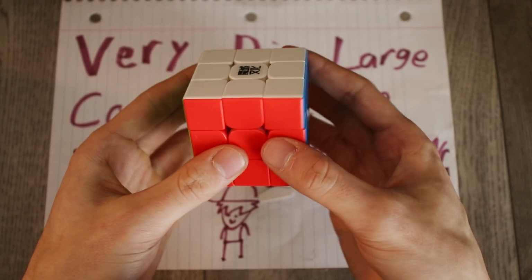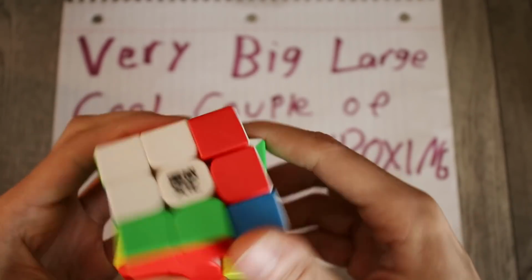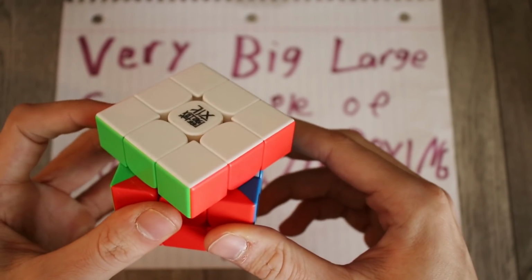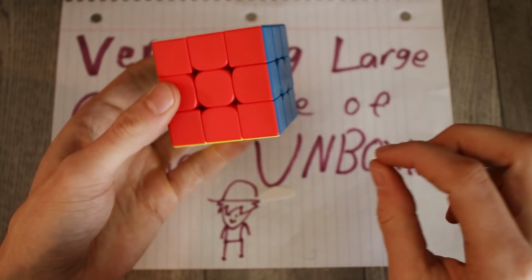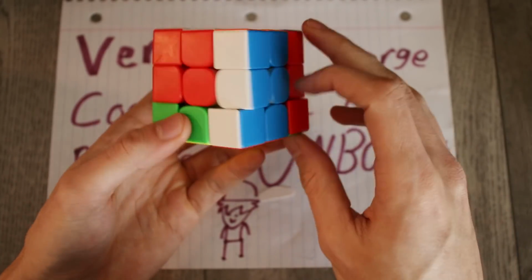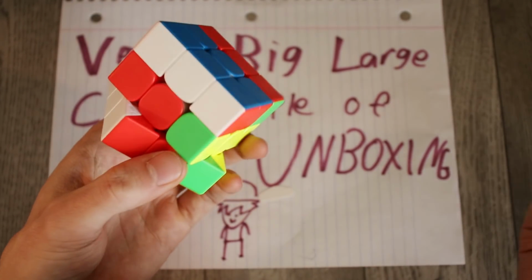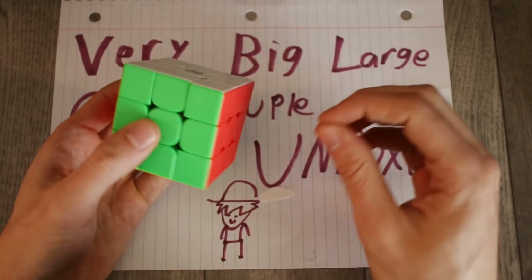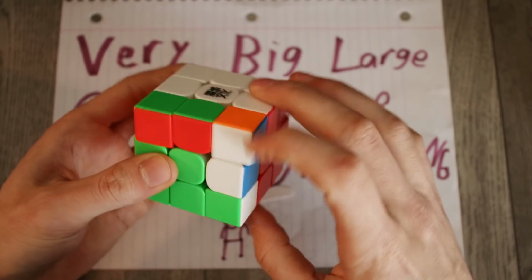Let's do some turns. Interesting, I'm actually getting some locking happening. It's corner cutting almost everything. Generally, puzzles out of the box feel just a little bit held back, and you can tell if you've had enough puzzles that have been broken in and you know what a really well-broken puzzle feels like. A really well-broken puzzle, a broken-in puzzle. This does feel a little bit held back,